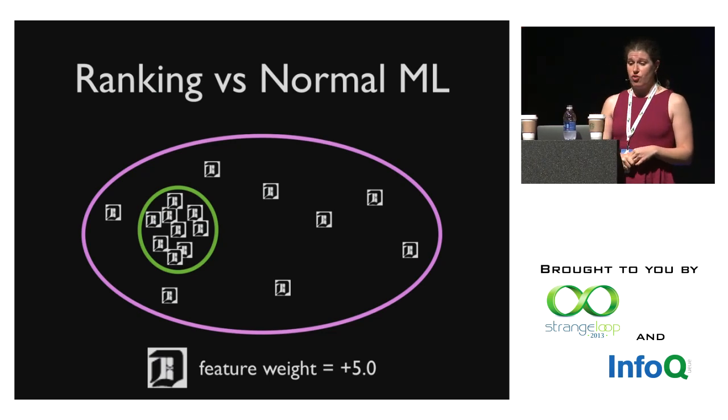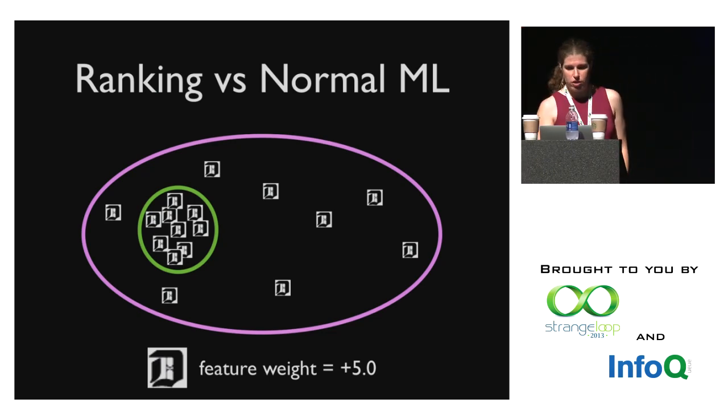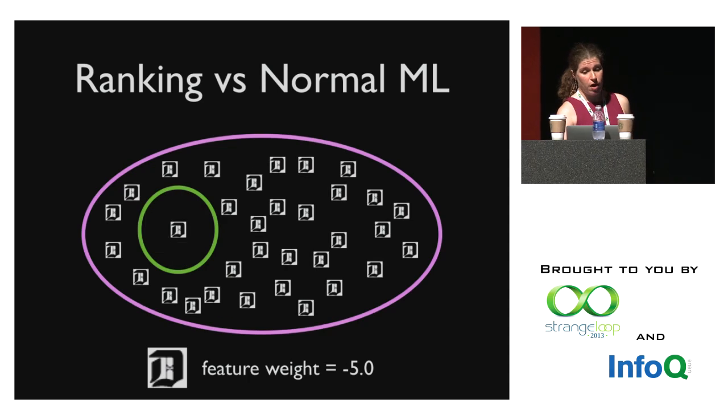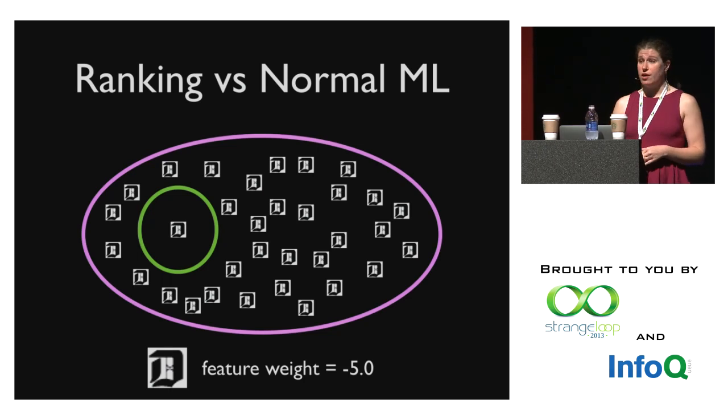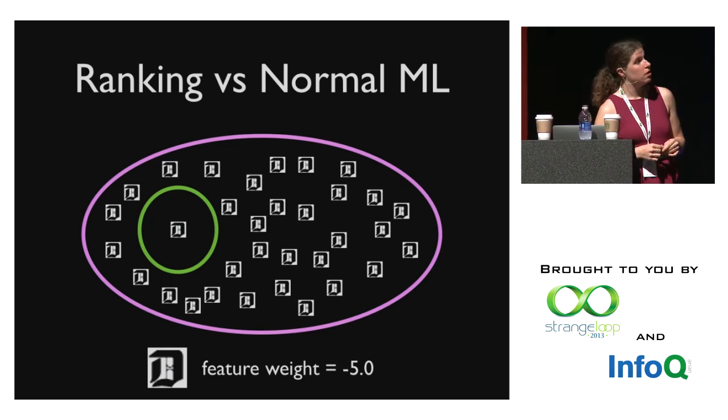And then the next time that we train the model, we learn that the Daily Mail always gets removed, and we give it a negative weight. And so now we're right back where we started, and the cycle continues.